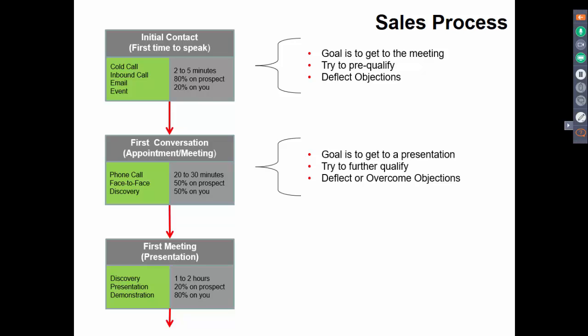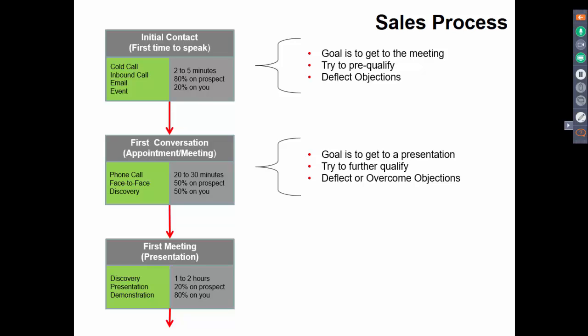I mean, if someone has an objection and it's a legitimate thing for them to be concerned about, sometimes you do need to deal with it head on, especially if it means that they're never going to be able to be fit with your product. Then you don't want to necessarily spend a lot of time trying to sell to them and waste your valuable time. But you don't need to identify that before the appointment. Let's get into that in the appointment.